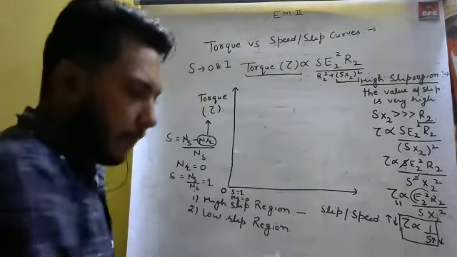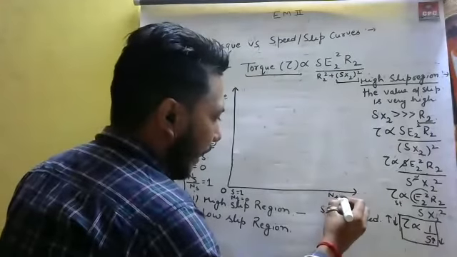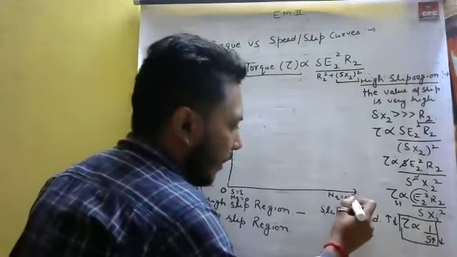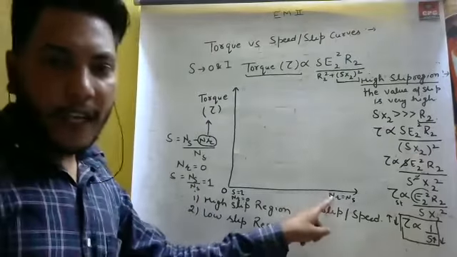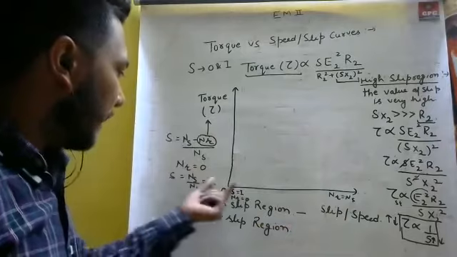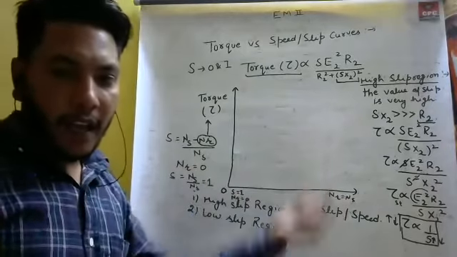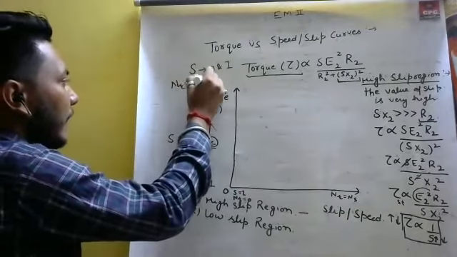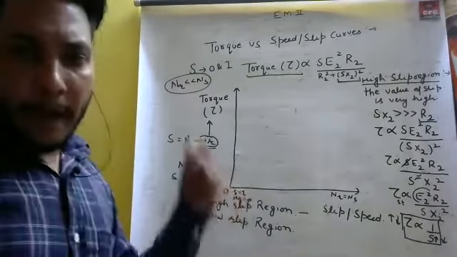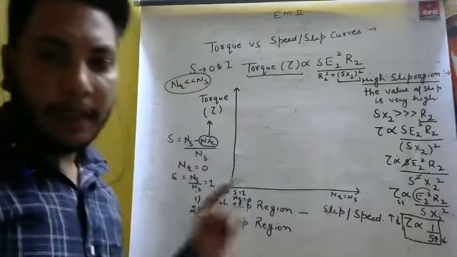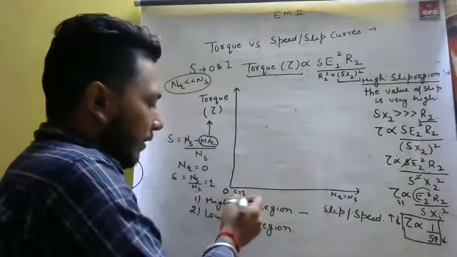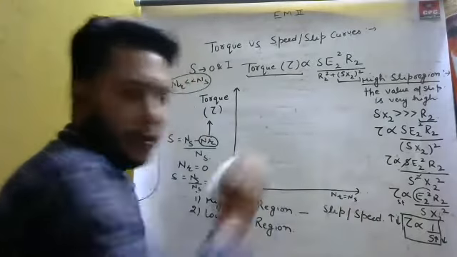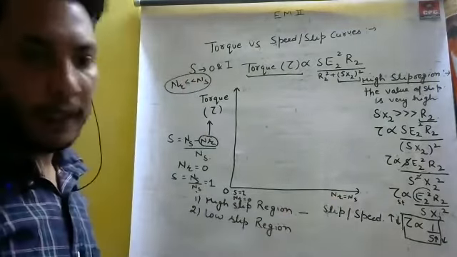Now the next is when NR is equal to NS, when rotor speed is equal to stator speed. This is your starting condition, and this is your running condition. And we know that the value of NR is always less than NS. So we are just talking about a torque versus slip curve. Here I take the condition when rotor speed is equal to 0, and this is your final condition when rotor speed is equal to synchronous speed. But practically it's not possible.